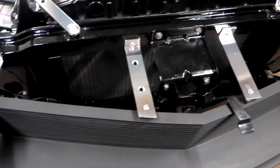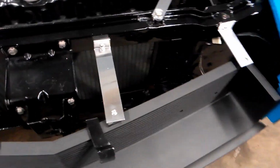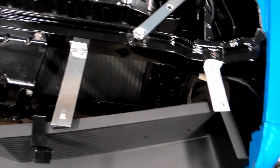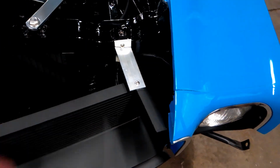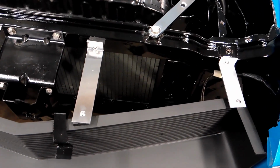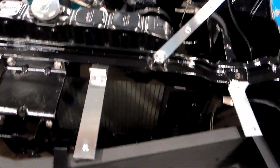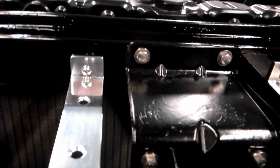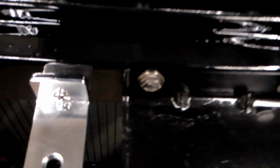So, if you want to see how I made them, stick around, because I got to remake this one, and I've got to cut this one and finish it up. But they're really not that hard to make. I mean, I just pounded them over with a hammer and a vise, and they look pretty good. They're actually nice and square, and I rounded the tops off and polished them,